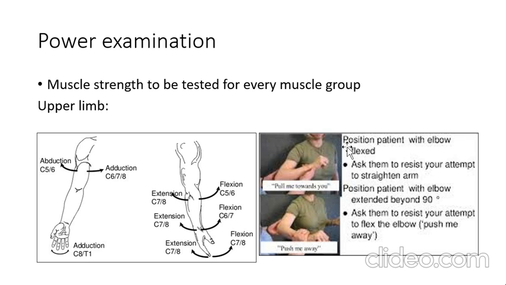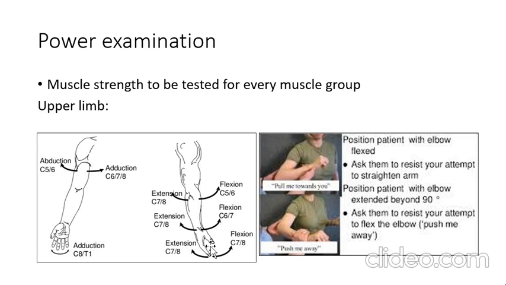As you can see in the image, we are saying here, pull me toward you. The subject is asked to flex and we are opposing it, right? This way we can see power. Here we are extending and the subject is asked to pull toward themselves, so the subject is doing the opposite movement. For example, for the biceps, he will be flexing and we will oppose the flexing. This way we can see the power of the biceps. And if he is extending and we oppose the extension, this way we can see triceps power, right?